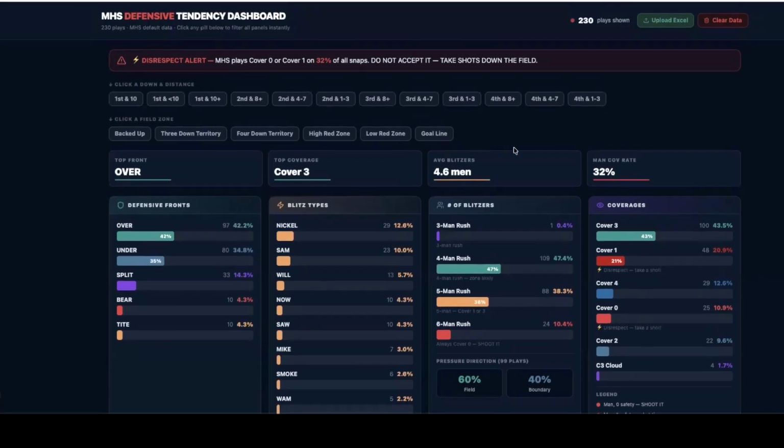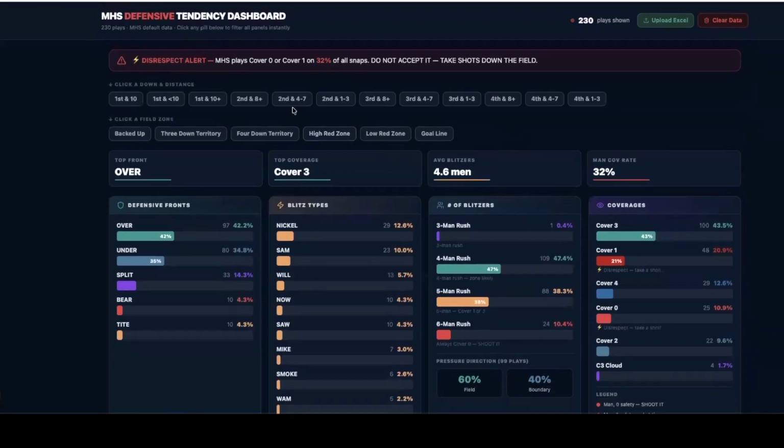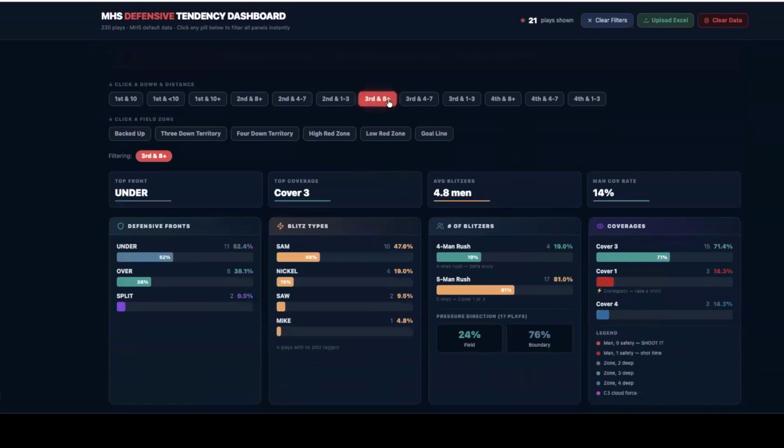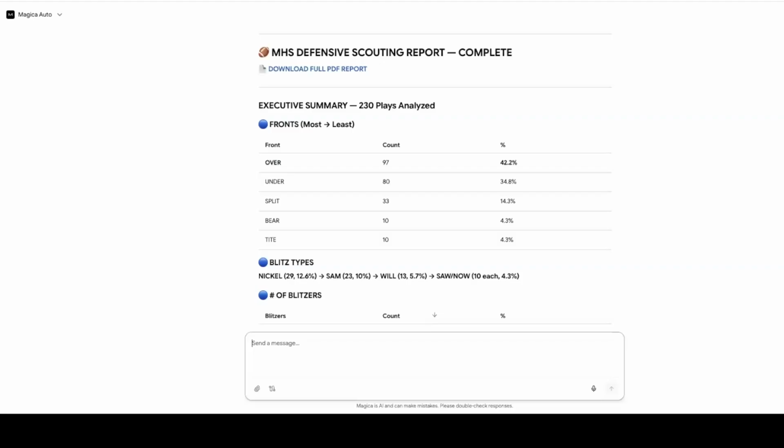This was on Magica. And again, this is for an offensive coordinator to be able to look at a defense. And you go in and say, well, what do they do on 1st and 10? What do they do on 2nd short? What do they do on 3rd and long? All right. Oh, look at this, boundary pressure. 5-man rush. 81% of the time, we're going to get 5-man pressure from the boundary. Now I know what plays. I know my menu is about 3 things that we have that are really good. So now instead of picking from 60 plays, you're picking from the 3 or 4 best things. How much better of a play caller can you be? All right. So pretty awesome.